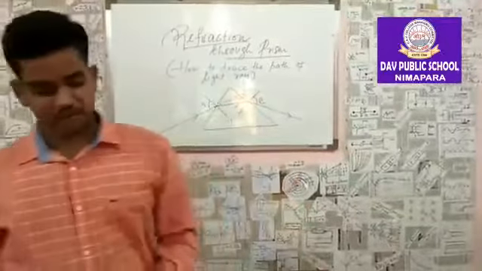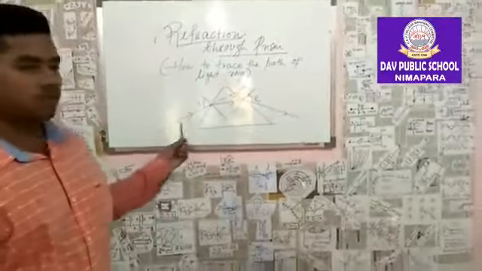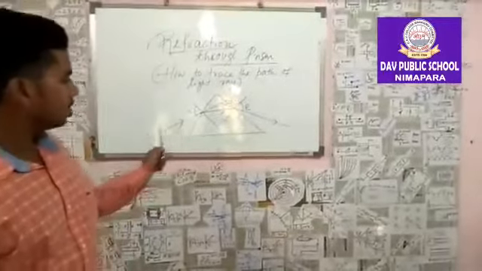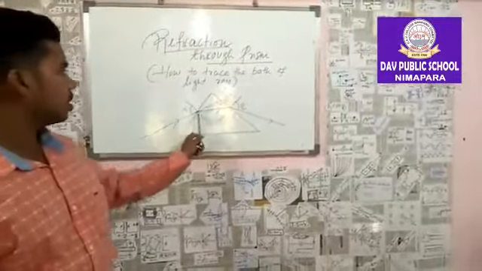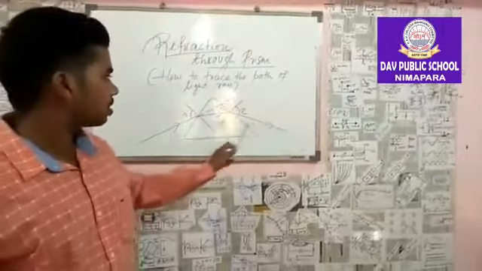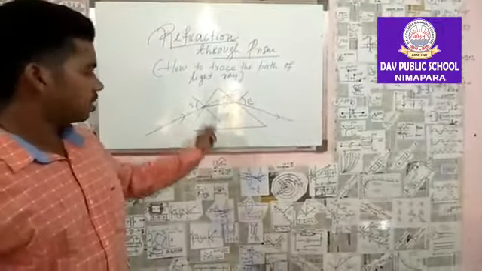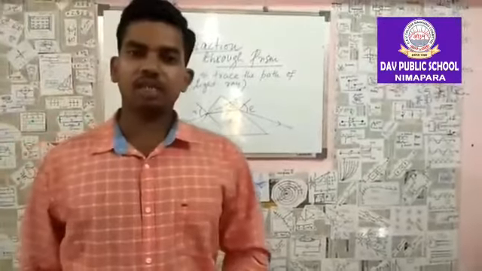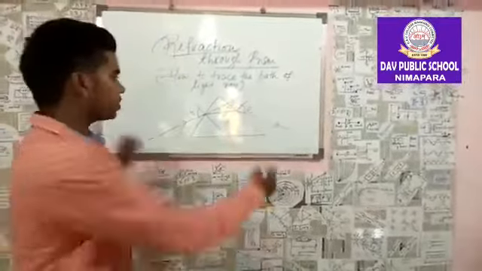So how does refraction of light take place through a prism? If monochromatic light passes through it, the refracted light ray will be parallel to the base, and the emergent light ray will pass by making an angle of deviation. And the relation I plus E equals A plus D will be satisfied here.